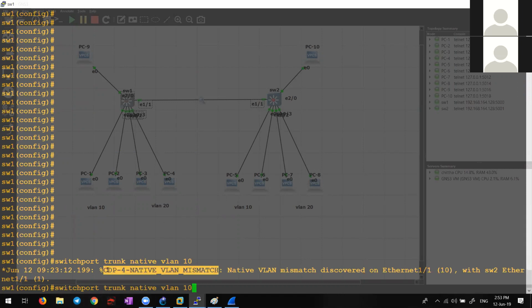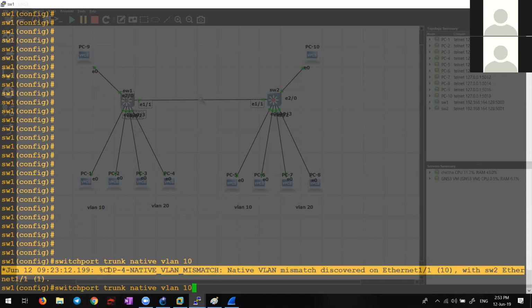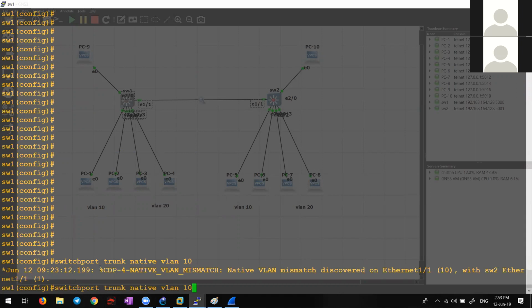Remember, Janvi yesterday told we saw a native VLAN mismatch error. See this, the native VLAN mismatch error. What do you see? CDP. So what is the reason for the native VLAN mismatch error? Because of CDP packets. I asked you a question yesterday: how does the switch understand the mismatch because of CDP, because I am not sending any packets right now?